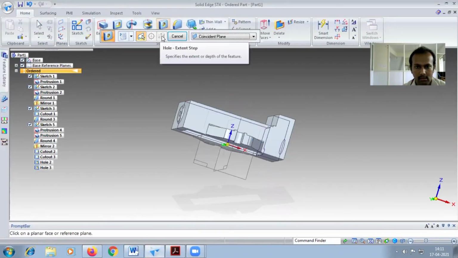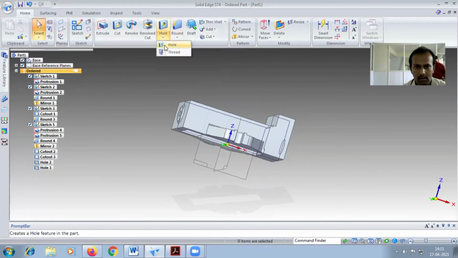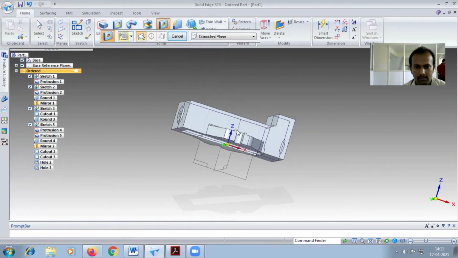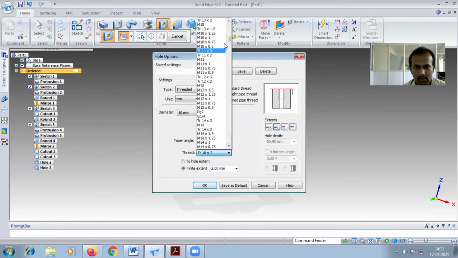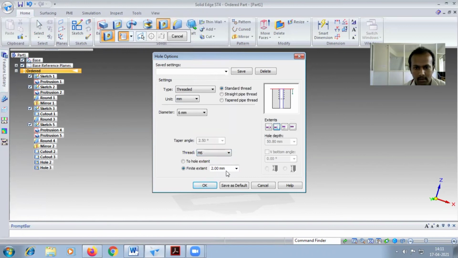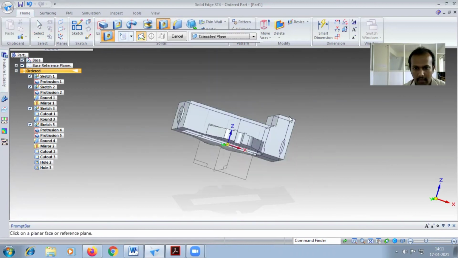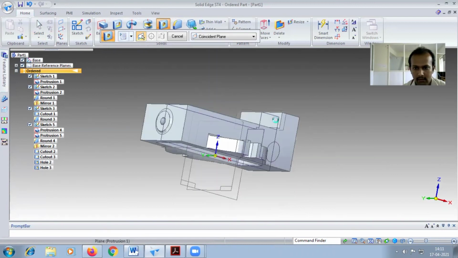Okay, so first you have to select the face, take the hole. Input is very important, you have to select threaded here. So when M6 is given, that should be considered as threaded. So go for M6, select the M6 first, and the extension is given 10 and depth is given 13. So select the 13 and V bottom angle, select the face.